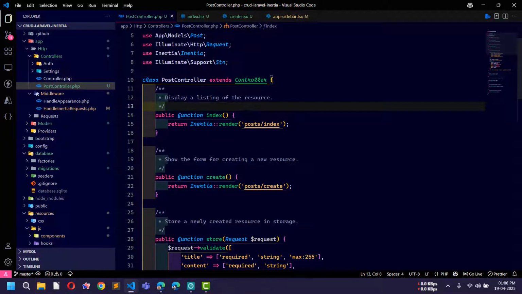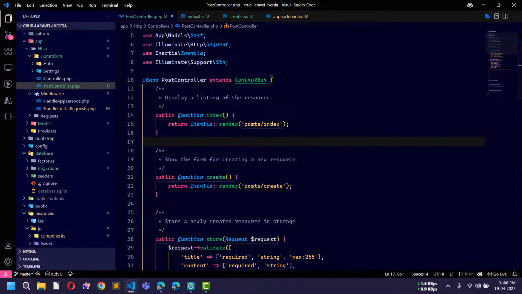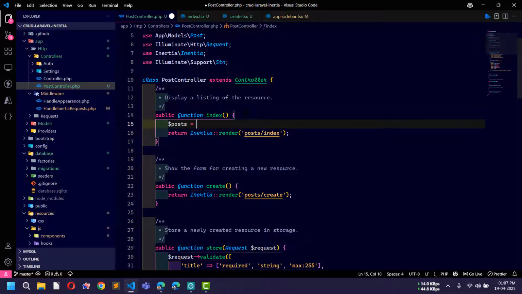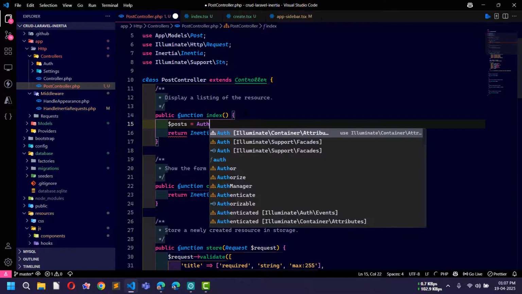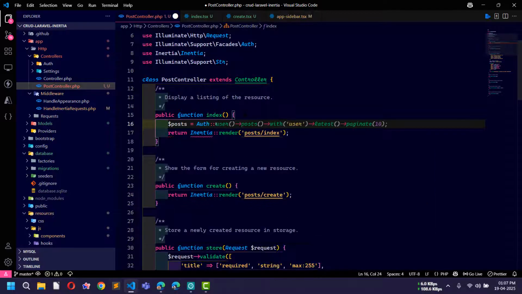Now from here, this is the index method. So here I will fetch all the posts related to the logged in user, and I will send all the data to this index page. Okay, so here I will just go to PostController.php file. Now here I will create a variable posts is equal to auth, and then I will use user method, and then I will use this